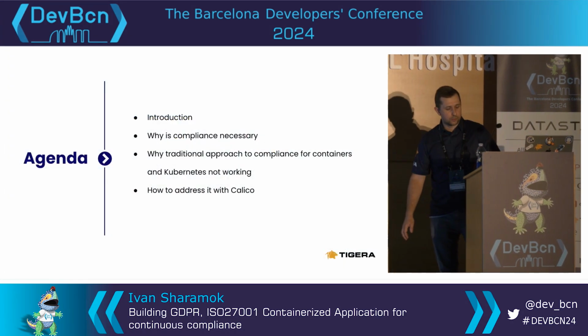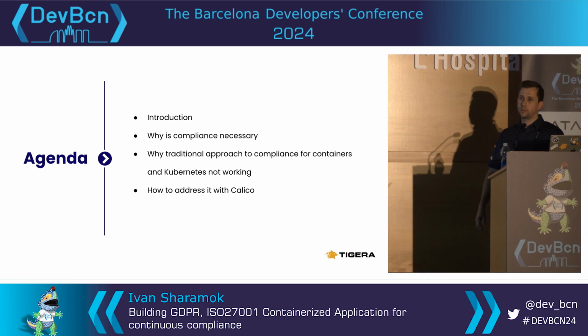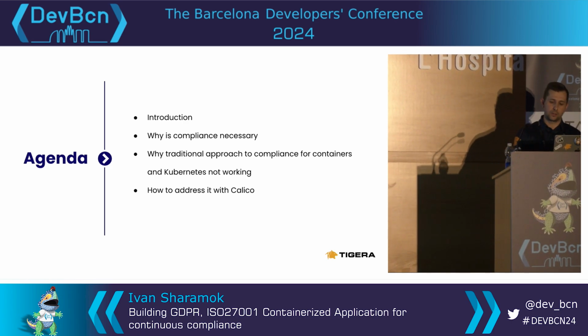So in this talk, I will talk a little bit about why compliance is necessary, how to achieve compliance, and why traditional compliance standards and techniques do not really work for containerized applications, specifically the Kubernetes platform, and how we address it using Calico. Most of the talk is generic, not related. If I have any time left in the end, I can show you how to map out some of the information I'm going to be sharing today to what it looks like in Calico and how we do things. But it doesn't mean that's the only way to do that.